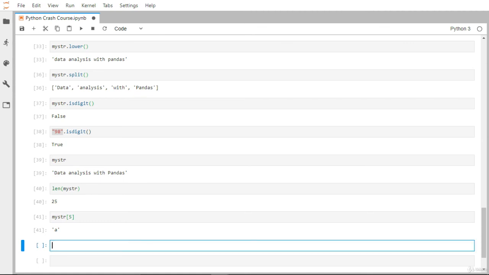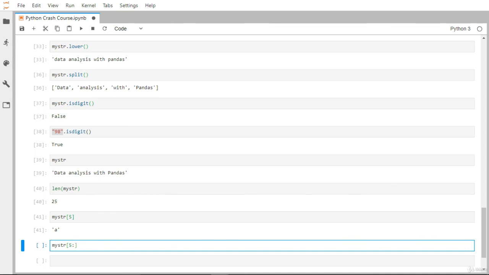Now instead of just A, I want to find this full word analysis. So I can use 5 colon 13. From 5, how many characters do you want to take? 5, then 6, 7, 8, 9, 10, 11, 12.